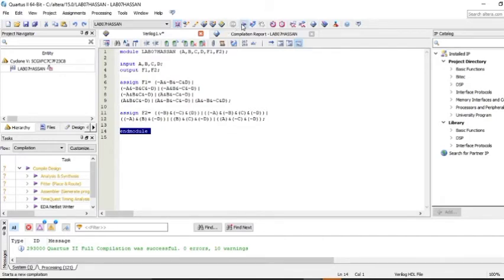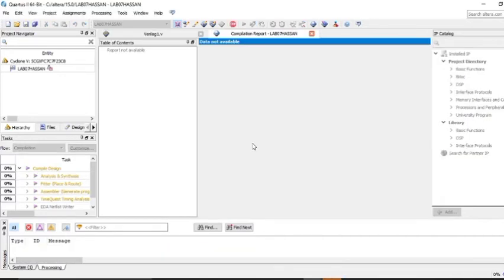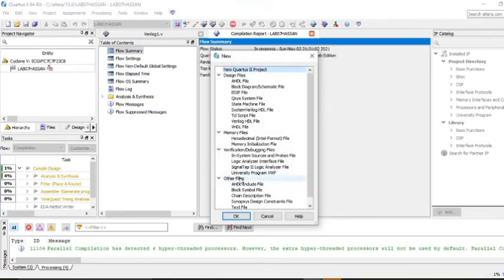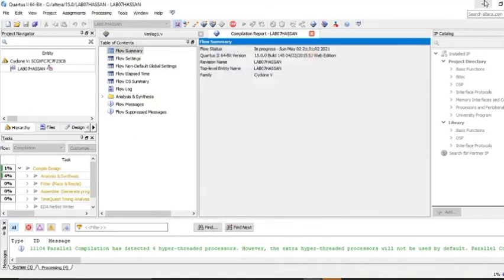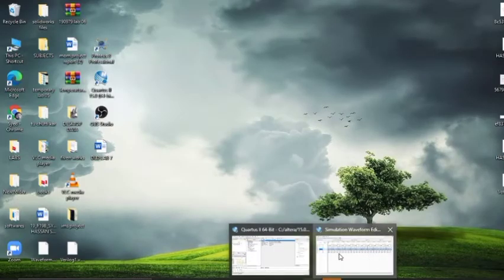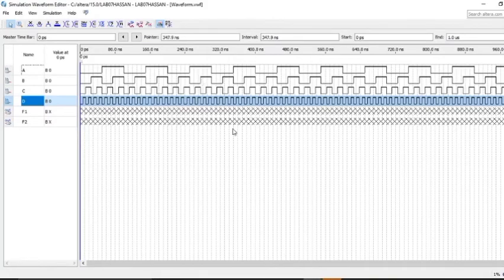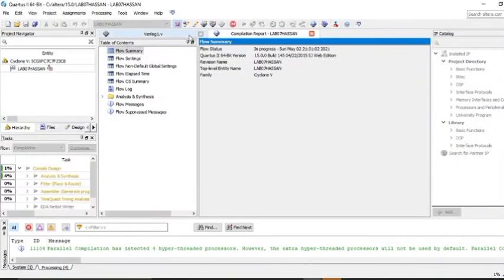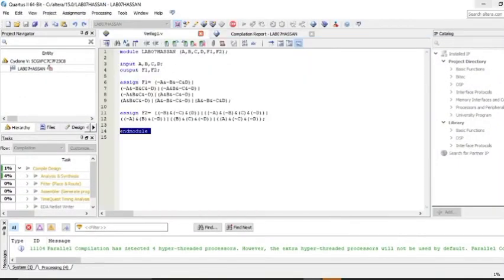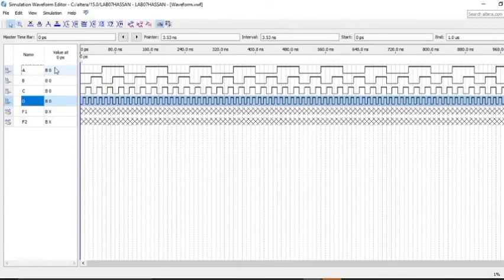Let's simulate it, and wait for it to compile. Then you will go to the University VWF program, and a waveform like this will appear. Then you have to just change the period.